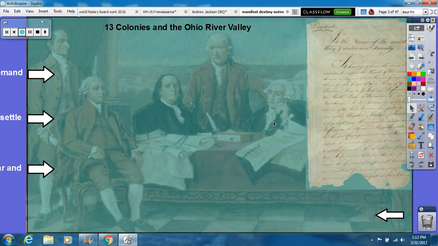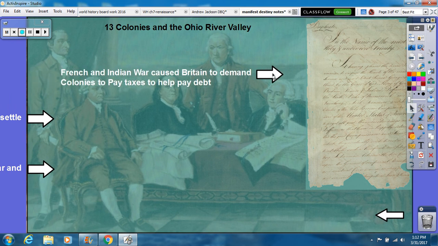If you can remember back from the beginning of the year, the original 13 colonies were basically set up for a variety of reasons. Some of them were for religious freedoms, like in New England. Others were set up as proprietary colonies for business, such as in Virginia and the Carolinas. But because of problems with the extension of the 100 Years' War in Europe,